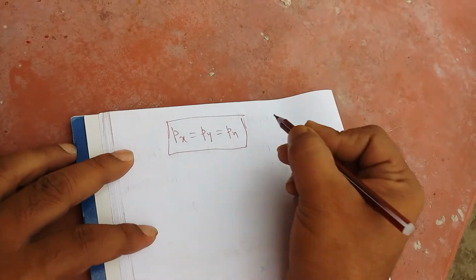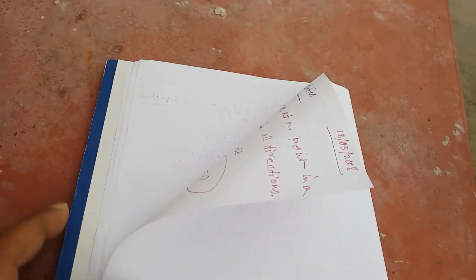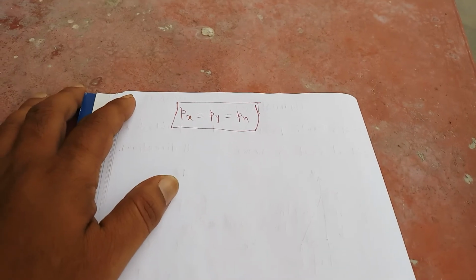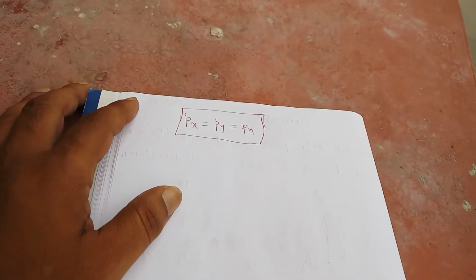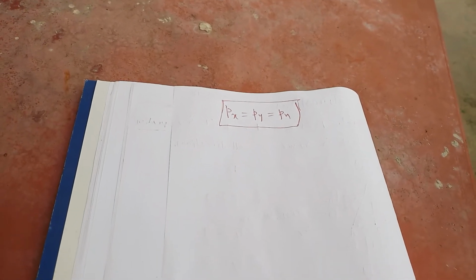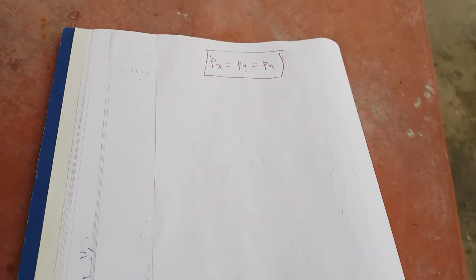Now the direction x and direction y were our choice, but the direction normal to the hypotenuse was not our choice. Now you know the angle theta, which is represented by OAB, the angle theta,